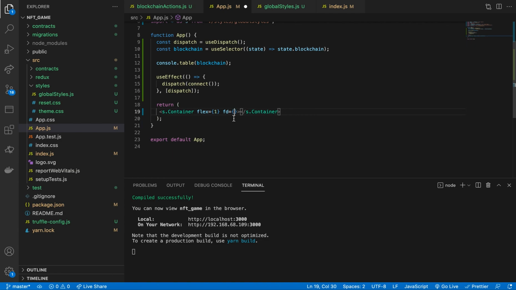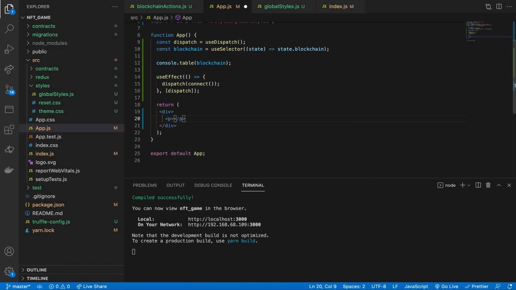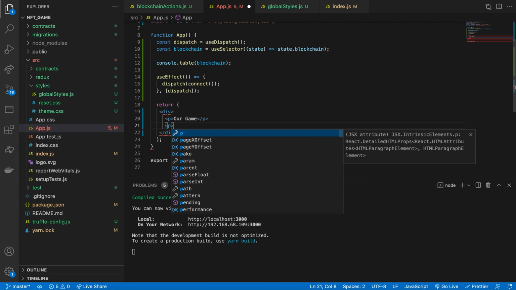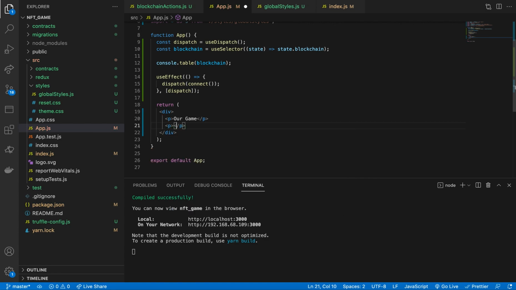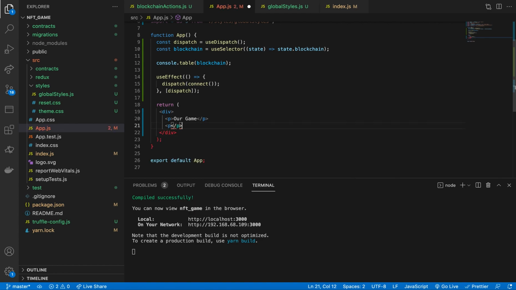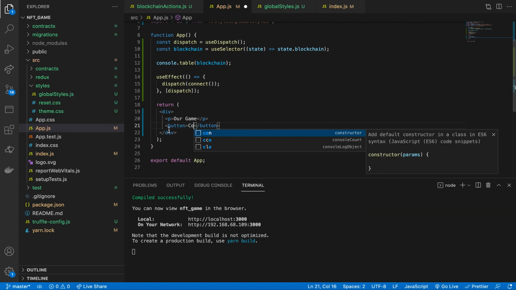So what I'm going to do, and just to maybe explain this also a bit better, is I'm going to stick to divs. And let's have a div, and then inside the div, I'll have a p tag, and let's call it our game. And then after this p tag, what do we have? Let's have another thing. So maybe another paragraph, and then we can just say actually let's have a button in here. So let's have a button, and we'll call this button